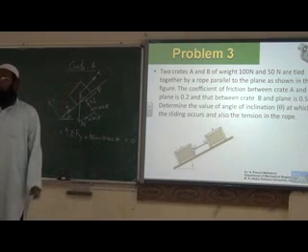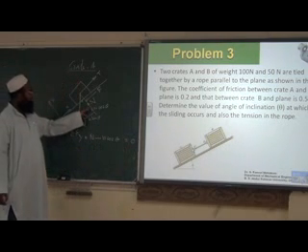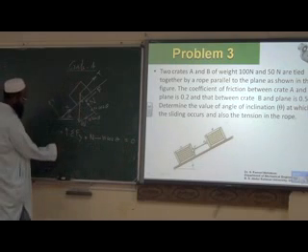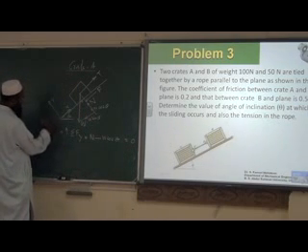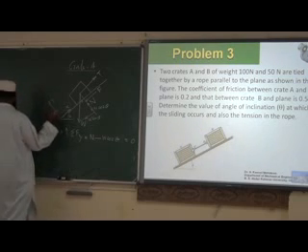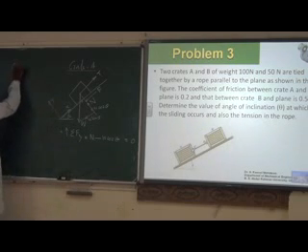Only two forces, N and W. So this is for block A. If you consider crate B,